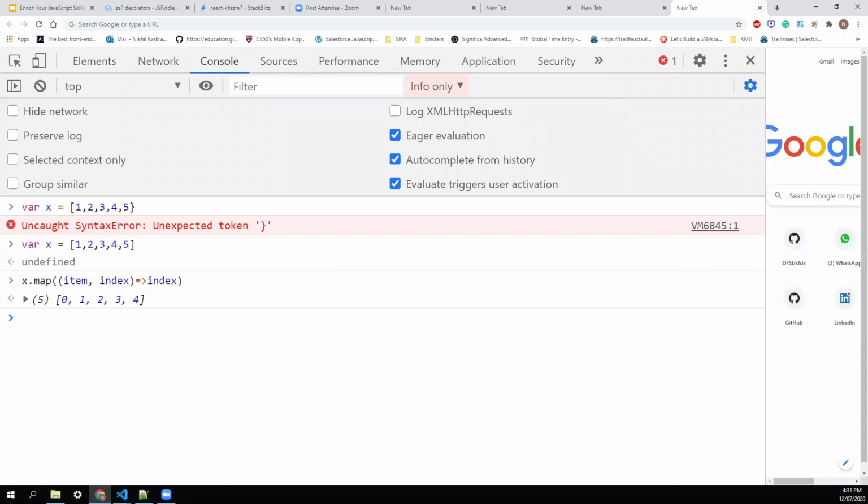So I guess I covered most of the questions mentioned here. If anyone has anything, you can ask. So hi, Nikhil. I hope you are doing well. My question is regarding prototyping. When we create a prototype, we use the generic way of declaring a function. Can we use an arrow function there as well?